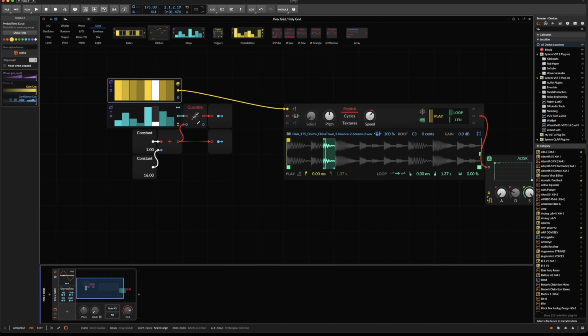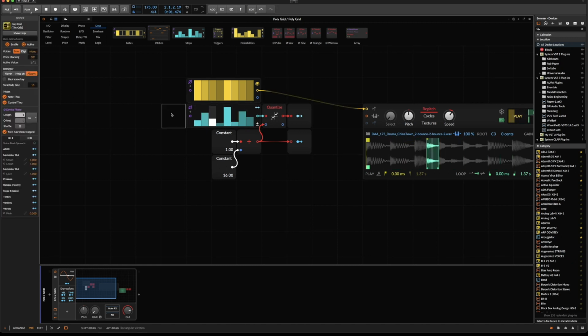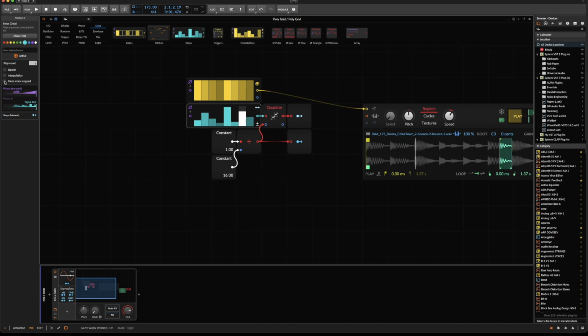Okay, but we don't want it to play when it's stopped, so select the module here, and for both of them, select mute when stopped. Cool. And we also don't want to use the internal phase so that we can control how fast we want